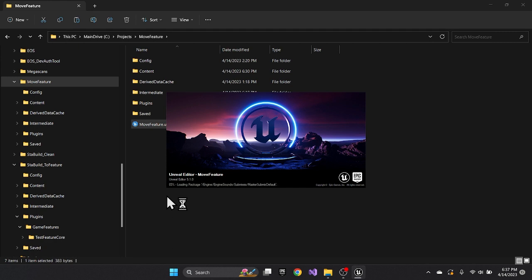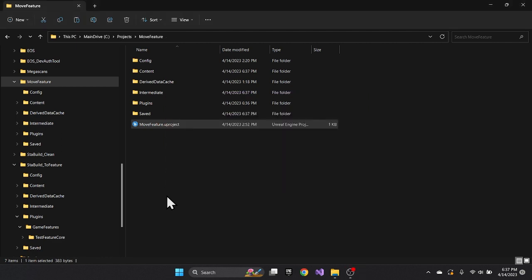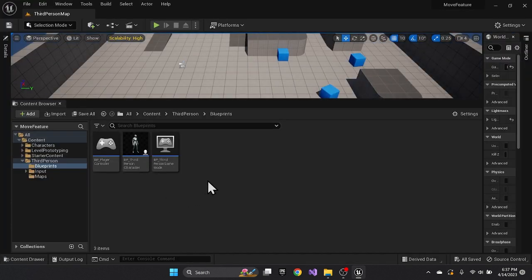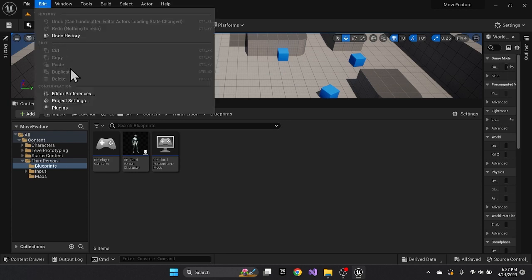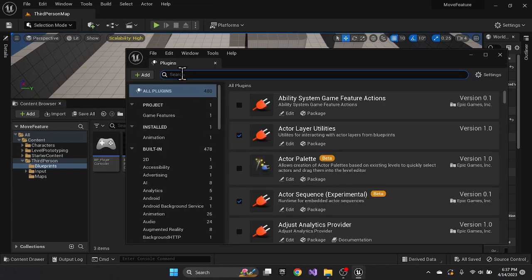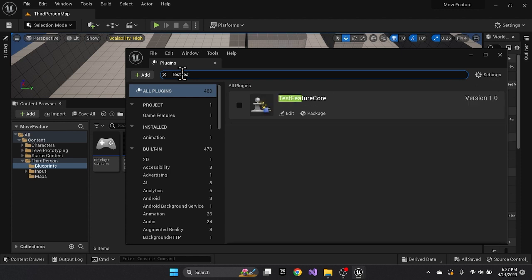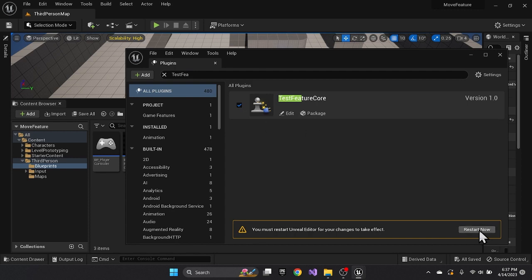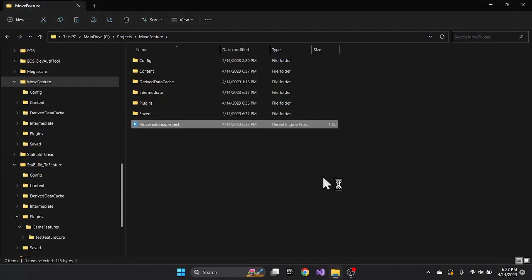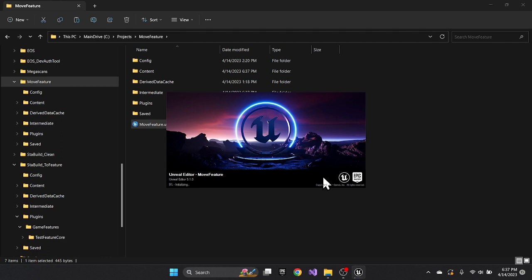So when we launch back into our project, because the folder structure exists, it will appear in our plugins, but it is not yet enabled. So we will then go into Edit Plugins and look for our test feature. And so here is the game feature plugin that we just copied and pasted into this project. We can enable it, restart the editor one more time, and we've effectively migrated or moved that game feature content